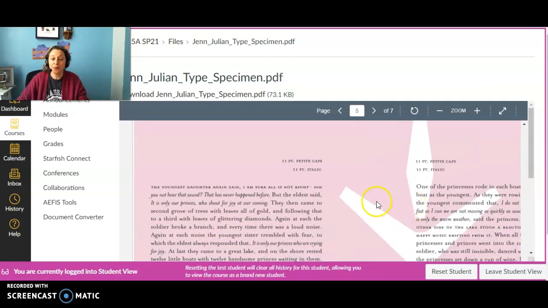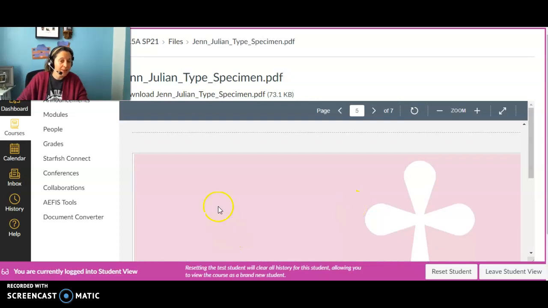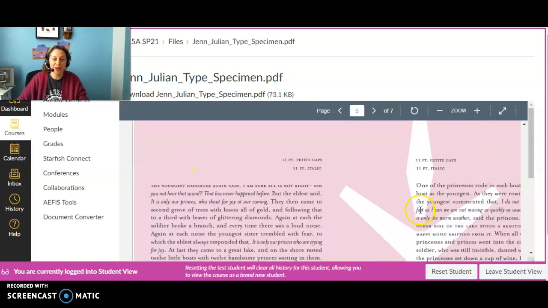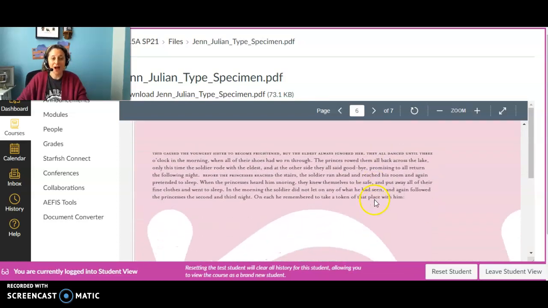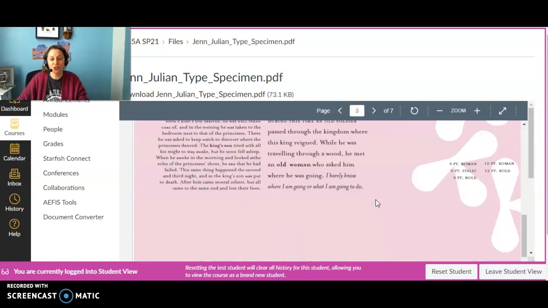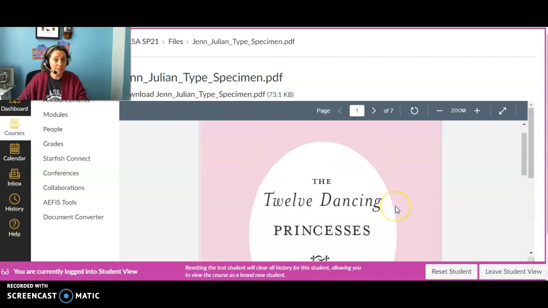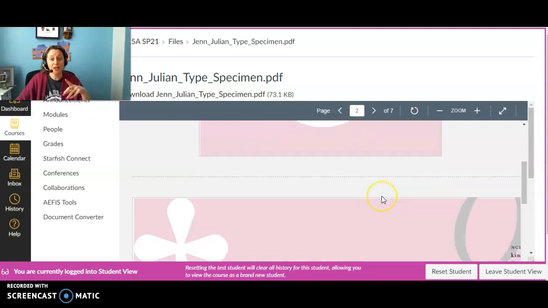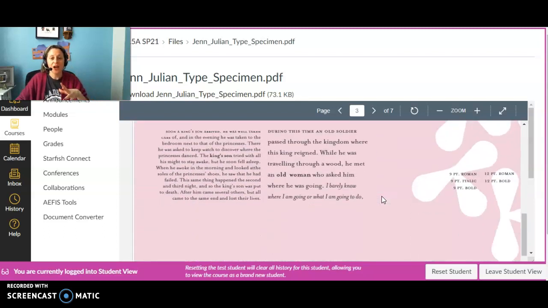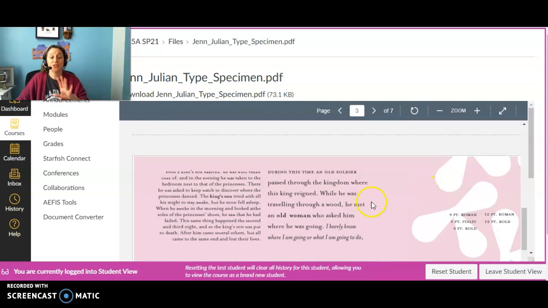So your type specimen does not have to be quite this fancy. If you want to play around and put some color in the background and some shape and things like that, you can. You can see that this student chose to tell the story of the 12 Dancing Princesses. You could pick a poem, a song lyric, right? It's totally up to you. Whatever you want to use for your body copy, that's not what I'm looking at. What I'm looking at is whether you're giving me a potential buyer something,